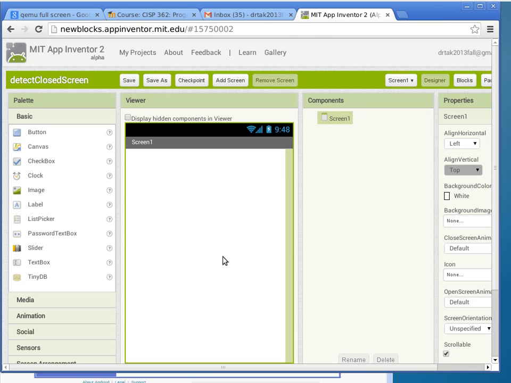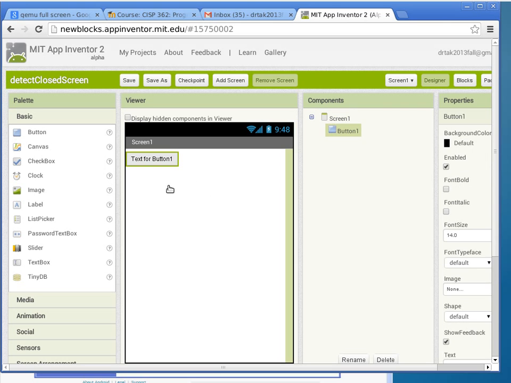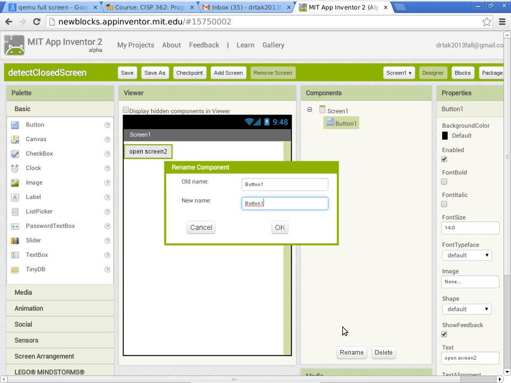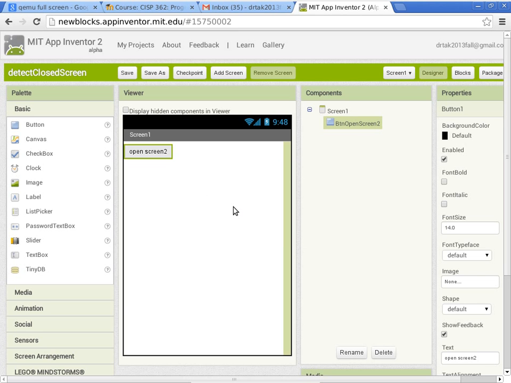All right. So to trigger the opening of screen 2, in screen 1, I really just need a button, and I'm going to adjust the caption on the button to say open screen 2, and then change the name of the button itself to BTN, which is just an abbreviation of button, open screen 2, like so. And so the app is pretty simple at this point. Later on I'm going to add some more stuff, like labels, so that we can keep track of certain things in screen 1 while screen 2 is open,